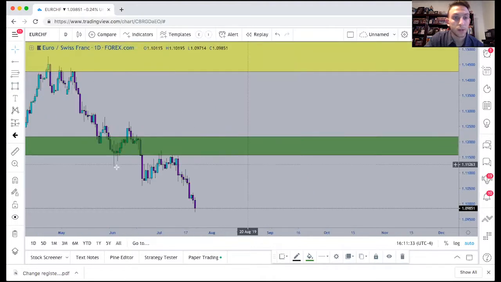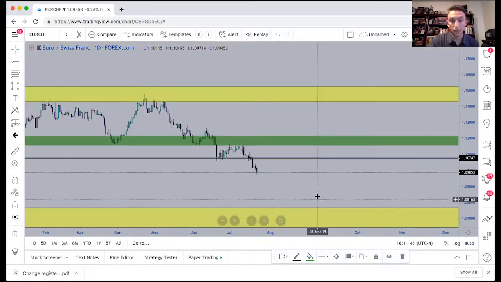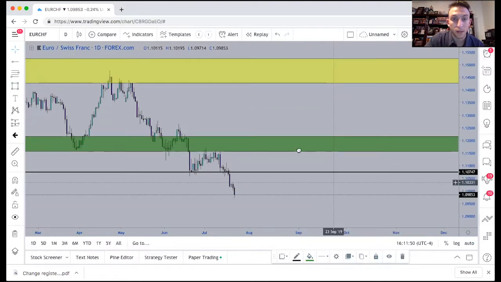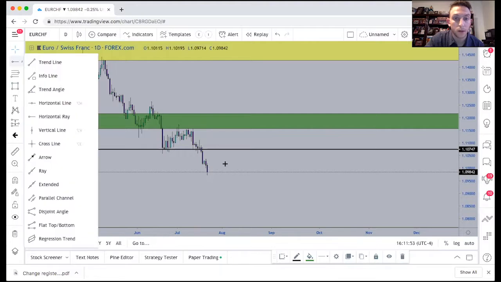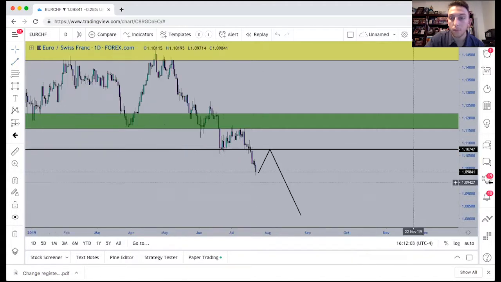All right, so clear entries right here would have been on this break, retest, simple bearish flag, bearish engulfing candle, gave you plenty of entries. Right now, you're a little late to the game if you're trying to get in shorts right now in Euro CHF. We're coming down to that weekly zone. If you guys get lucky enough for price to retrace again, which it could, or it could just continue dropping,